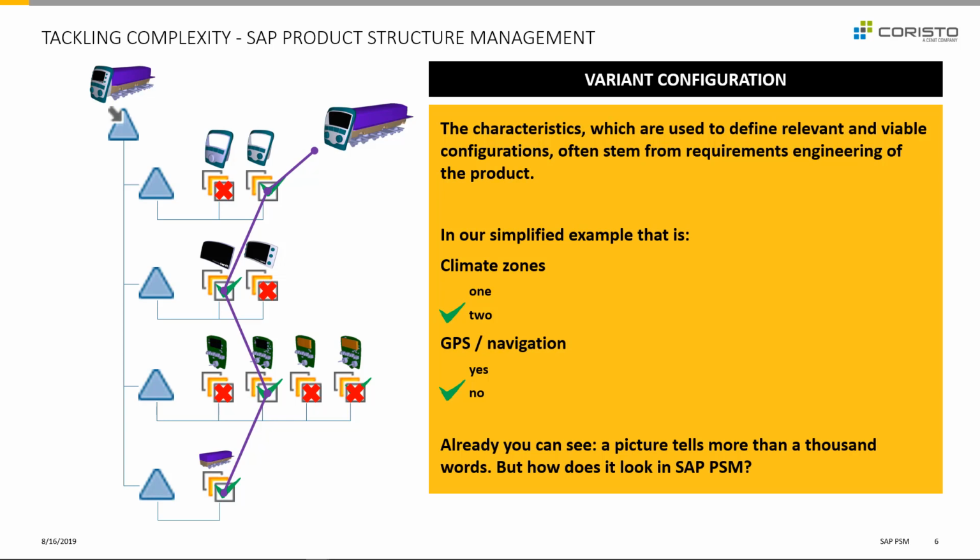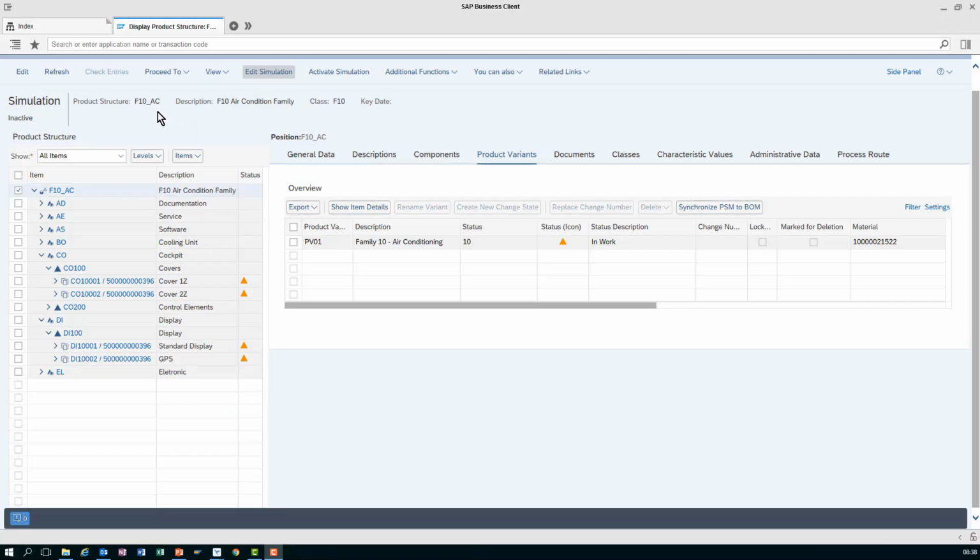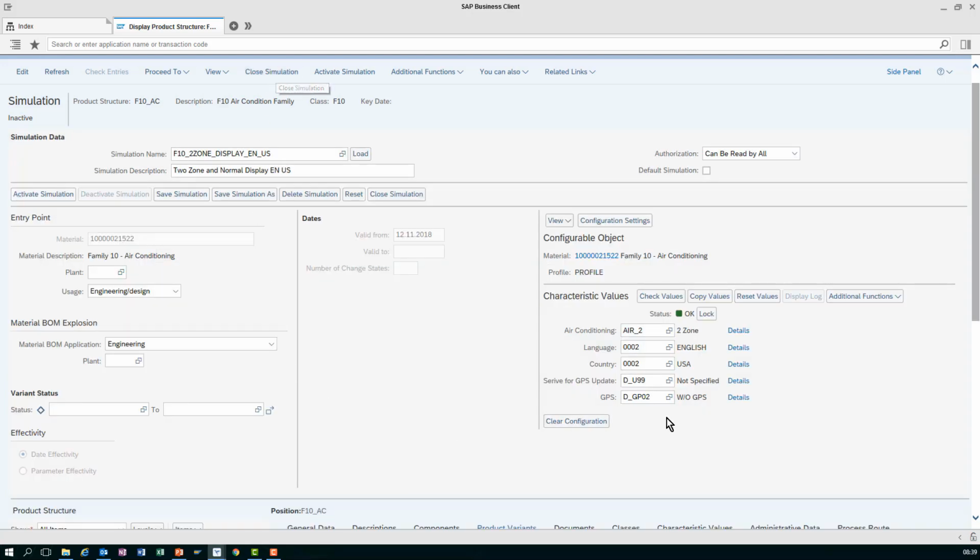All right. Let's take a look at how SAP 3D Visual Enterprise supports you in SAP Product Structure Management. As you can see, I prepared our example in our air conditioning already. The F10 AC is open in SAP Product Structure Management. For clarification, we see our cover options again, with a function for 1 or 2 climate zones and the display unit with or without GPS, also a simulation, aka a configuration. I've chosen according to the example